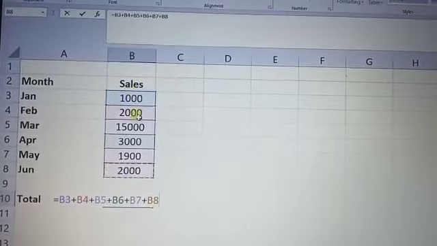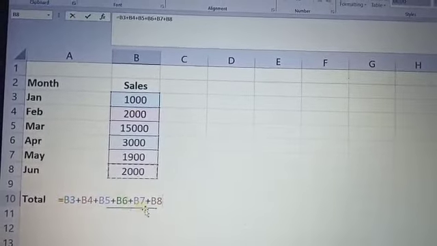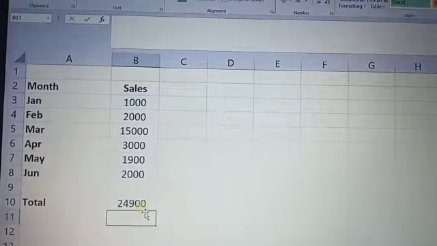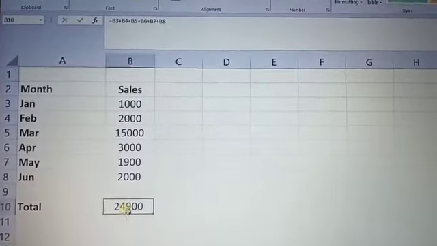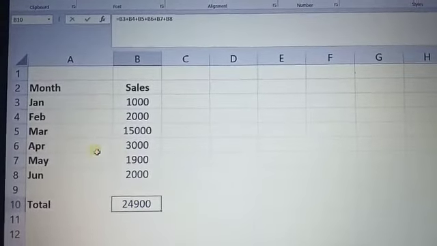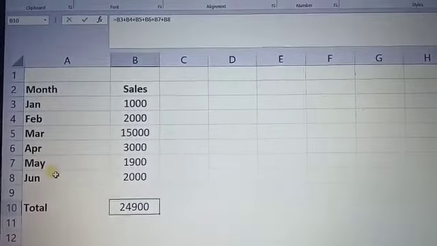The whole values are defined and selected here, and finally we click enter. After the enter key we get the output, 24,900, the total sales from January to June.